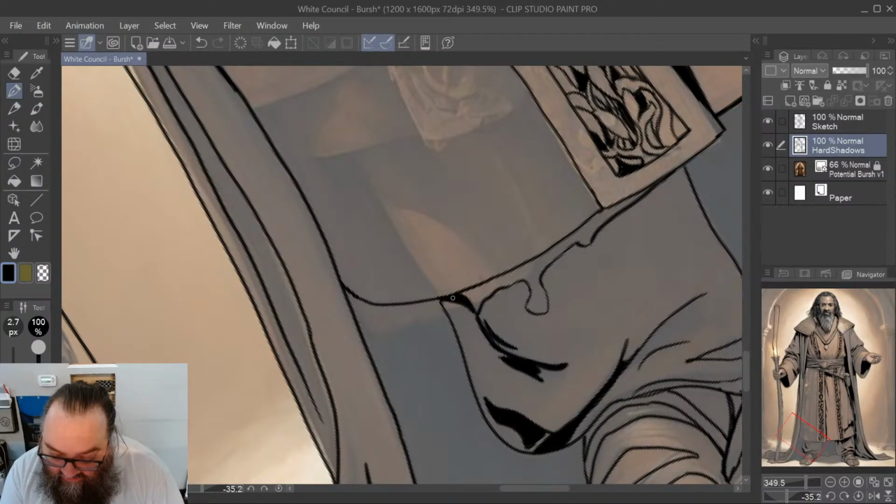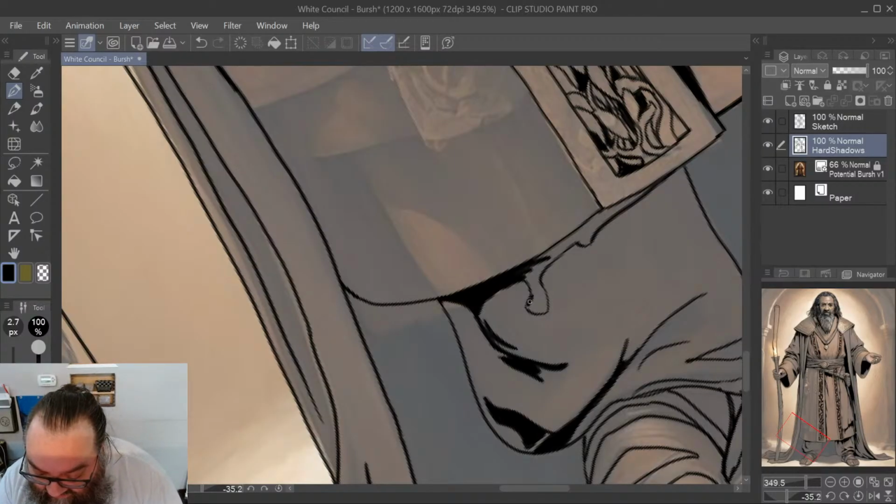And I think I'll just angle it up. Whether or not this is correct for the lighting, goodness, I want to preserve this as much as I can. And we'll see what it looks like after I get done shading everything in.